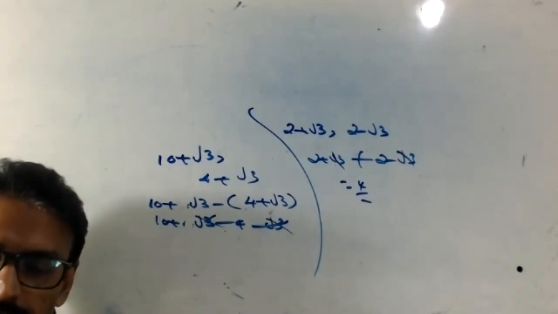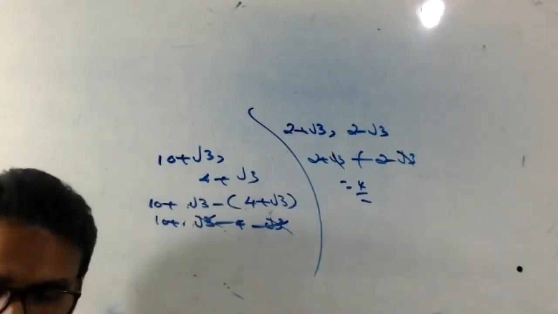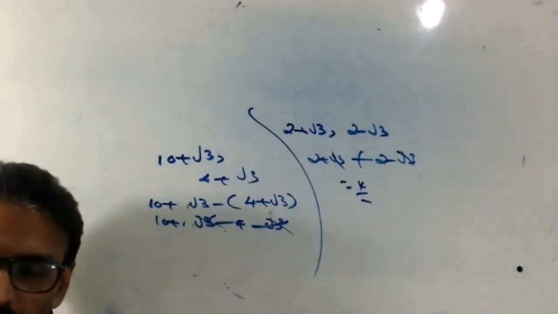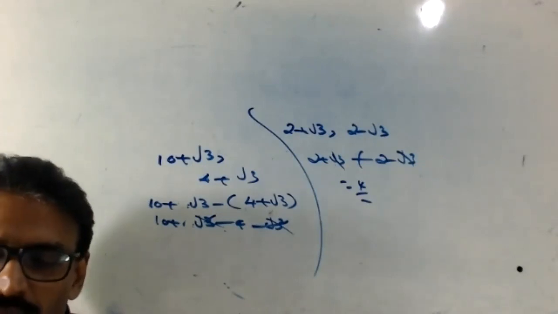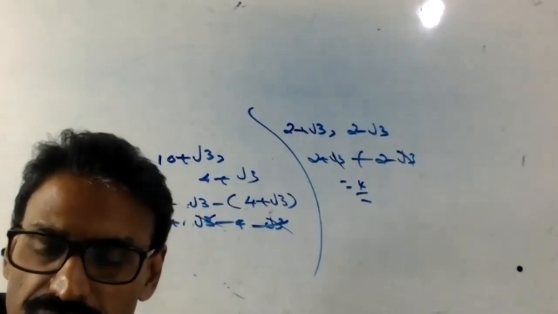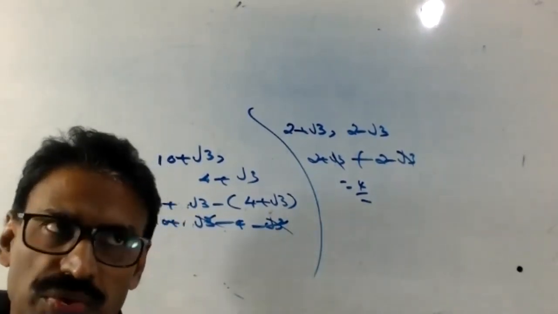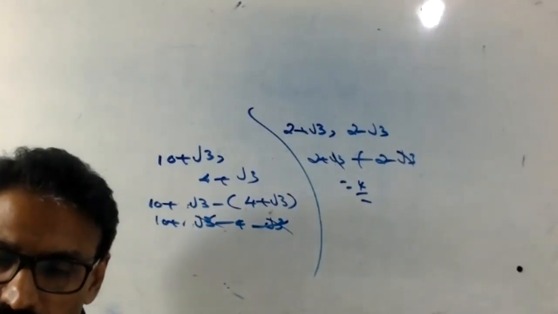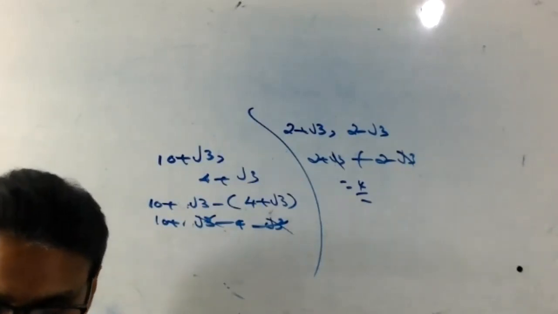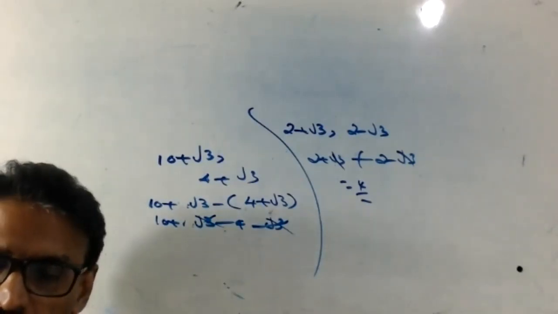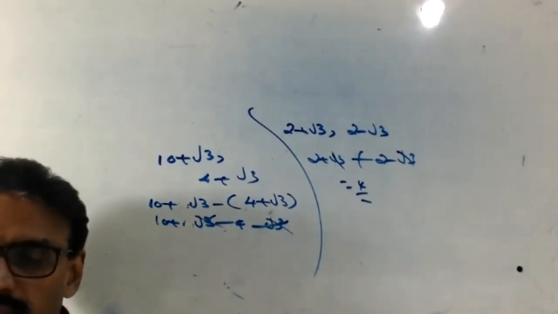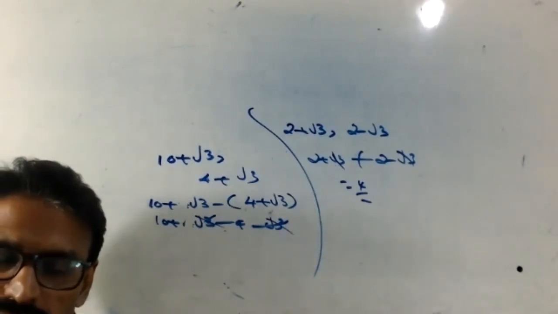What about root 2 and root 8? Is it possible or not? No. Because root 16 is 4. We want irrational numbers. Are you okay now? We cannot make it root 2 and root 8, because root 8 into root 2 is root of 16. Question is, product of two irrational is irrational.